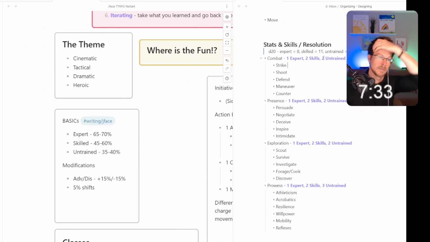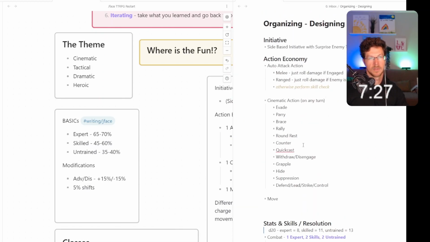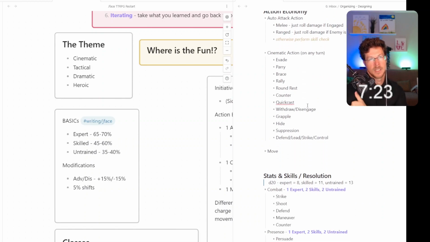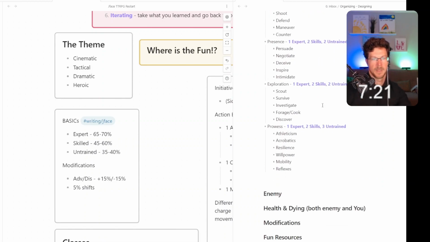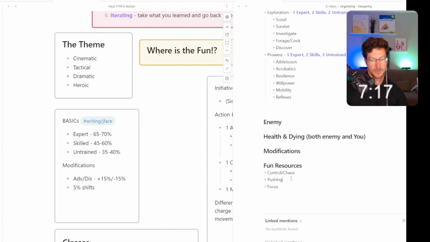All right. I mean, that's not inspired, but the goal here is to just get something working, right? So the goal is going to be, we got to get back up here and make these interesting and fun. Because that's what we're in essence messing with. Pushing, advantage at a cost, focus, not sure yet.